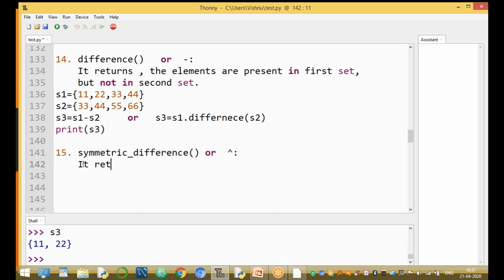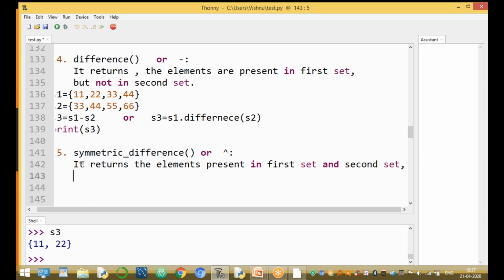It returns the elements present in the first set and the second set, but not the common elements, except the common elements. It's very important, please observe it: except the common elements.